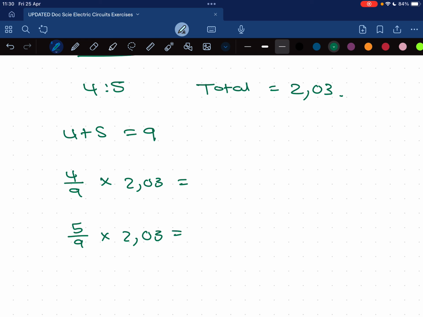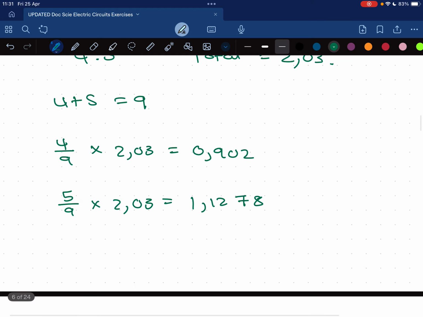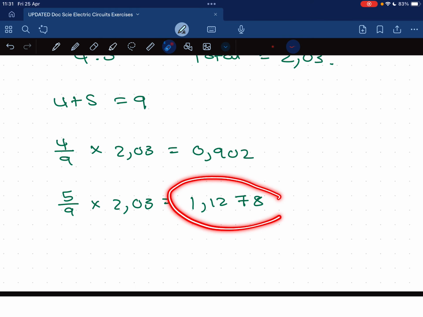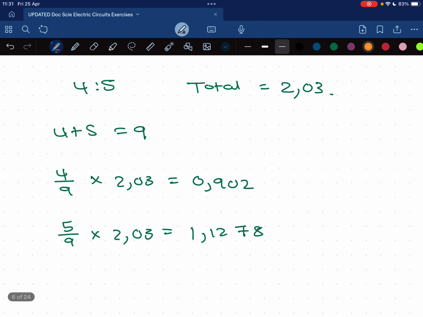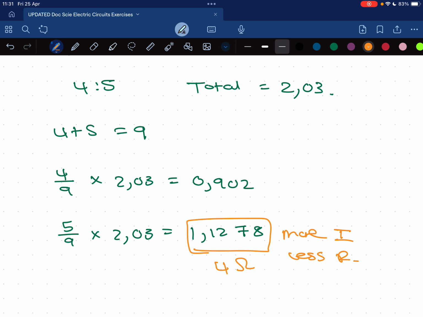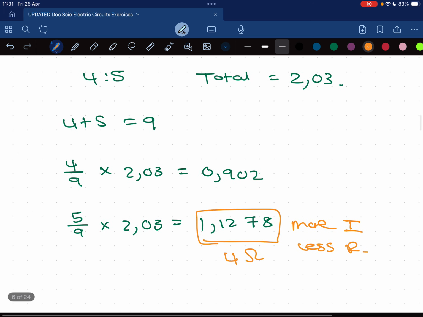So if you want to just do both of them, you can, if you're uncertain. So for this one, you get 0.902, and for the 5/9, you would get 1.1278. Now, there's more current that flows through here, and the more current is supposed to flow through the one with less resistance. So more current, less resistance. So this one flows through the 4 ohm one. So you take the opposite. So this is what I mean when I say the opposite